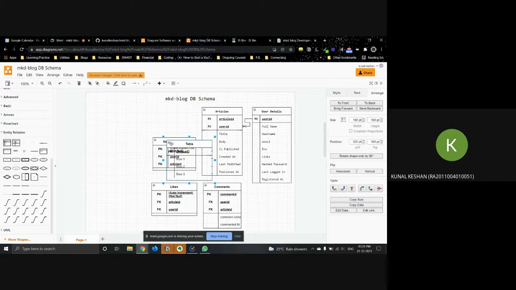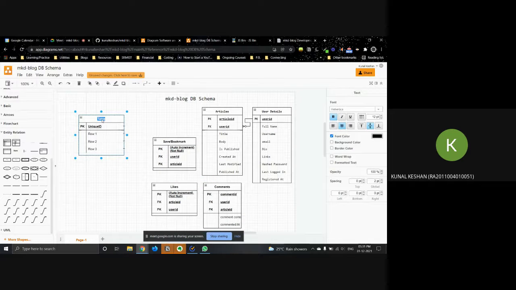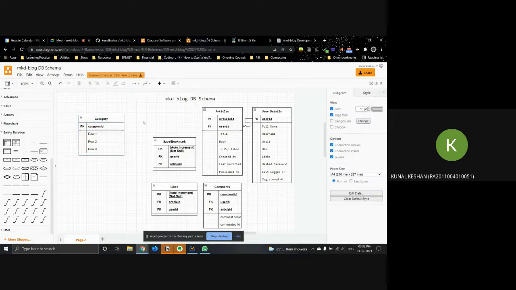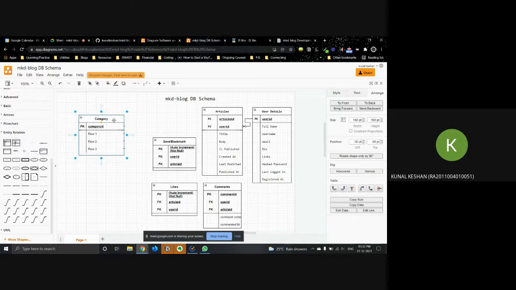Let's see. Okay, so suppose there's a category table, right? And it will have a category ID. Some examples of categories are, in blogs you might see categories like technical blogs, or even UI UX category, fitness category.